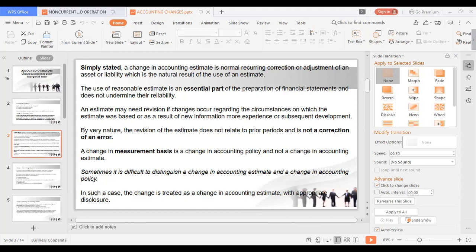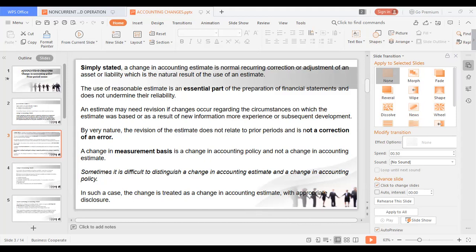Accumulated depreciation on January 1, 2020 is 1,728,000, computed by using the double declining balance method. So we now have the original cost of 4,800,000, and we have the accumulated depreciation of 1,728,000, leaving a carrying amount of